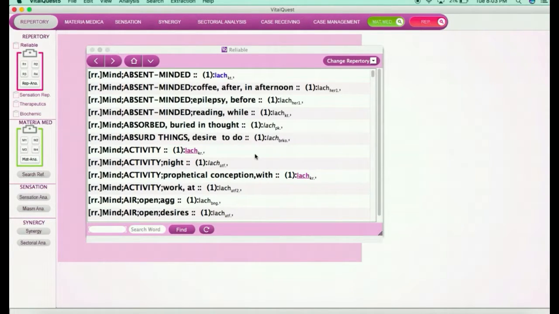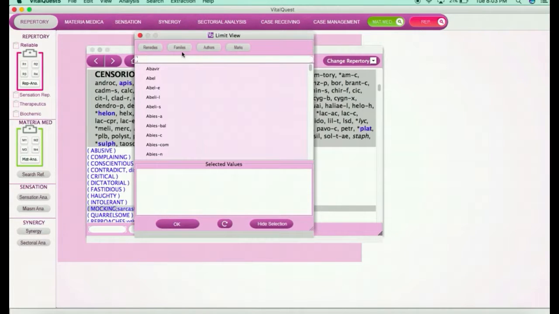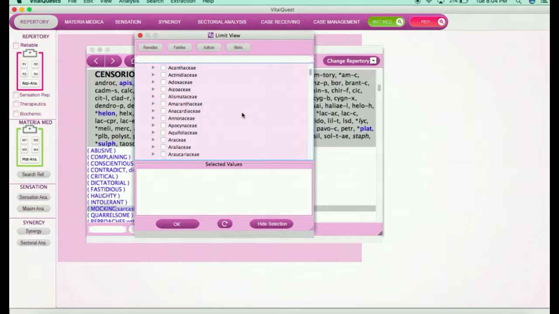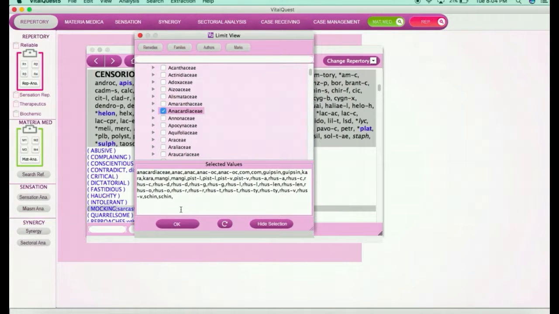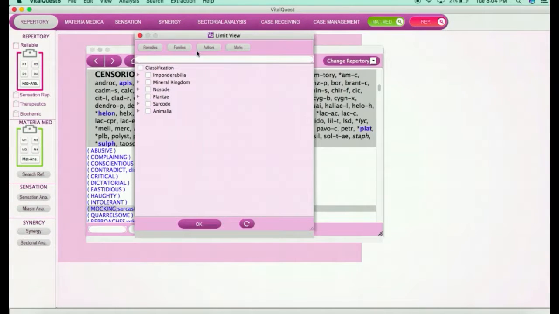In a similar way, if you want to view remedies only from the Anacardiaceae family, click on Reset, go back to Limit View, click on Families here, go to Plants, go to Sensation, and select Anacardiaceae and say OK. So now you will see only those rubrics in which remedies from the Anacardiaceae family are present. In a similar way, you can limit the view to specific authors or to marks